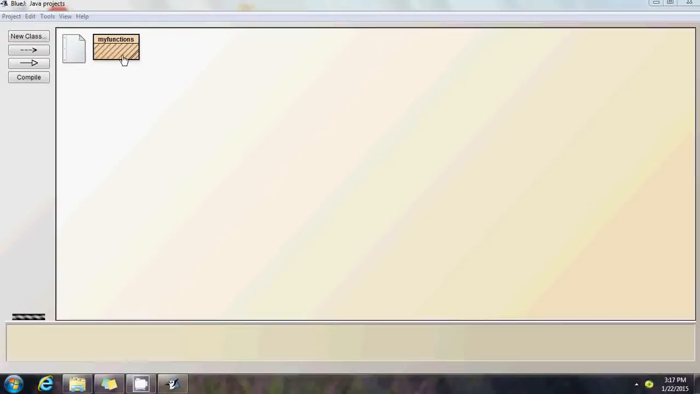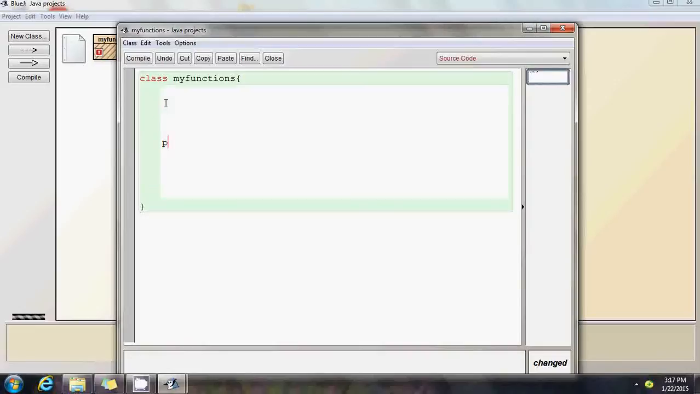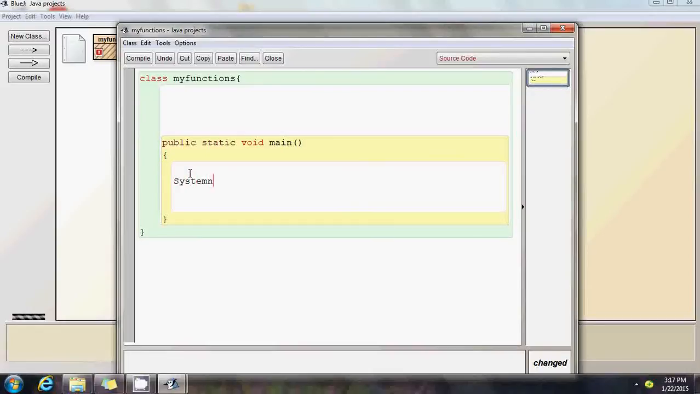I've just created a class called my functions. Here I have to create a main function, public static void main, and remember I don't have to put anything inside the brackets of this main, because I'm not going to pass any command line arguments. What I'm going to do is write a simple output statement, System dot